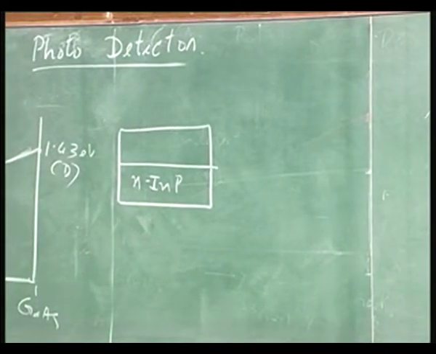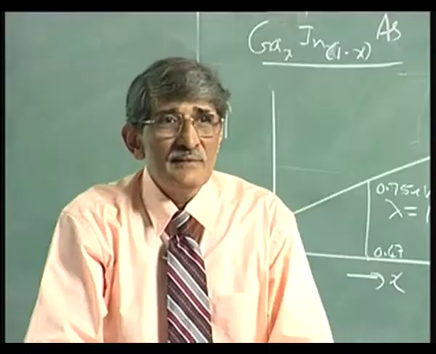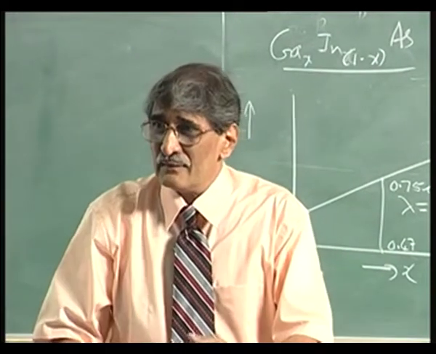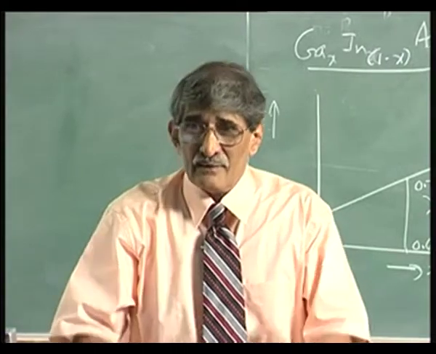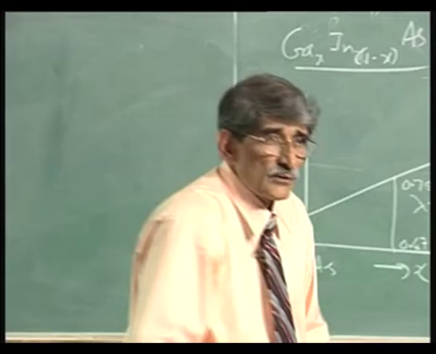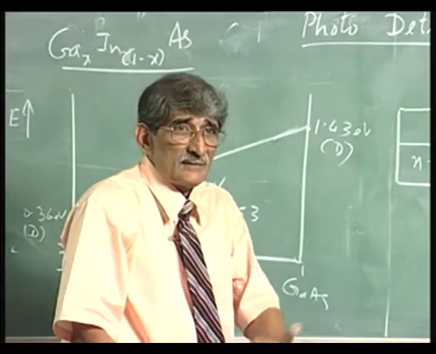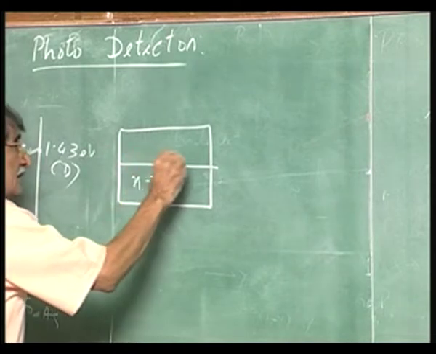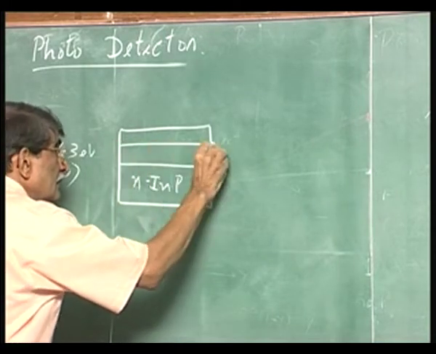In the LED, what do you do? You forward bias it, force recombination, and get light emission. In the detector, light is falling, it is absorbed, and you get the current. Electron-hole pairs are generated, you reverse bias it, you get the current, and draw the current out, not forward bias. So, and here what you do is a new